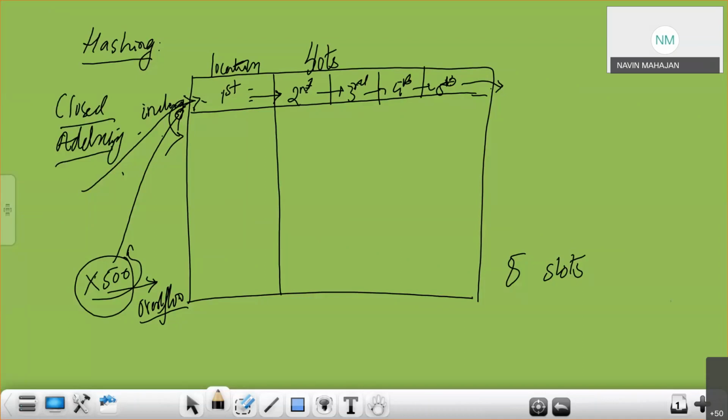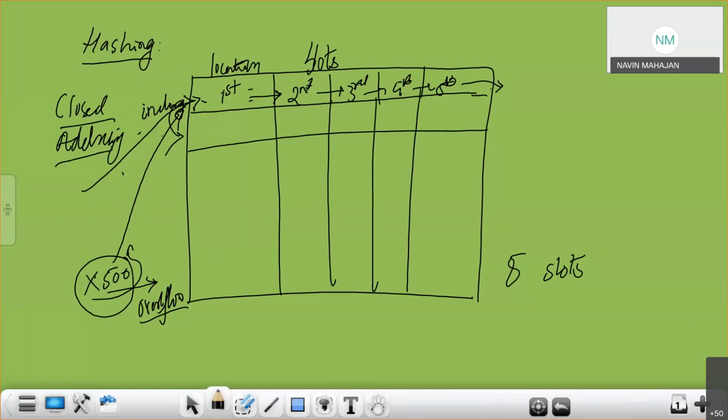If there are free slots, suppose I take one more example. Some number is stored here, the second number, and there is a number which generates the same location. This second number is stored here, and the next number, say 5000, has the same location. It can be stored with chaining. Now there is a collision, but there is no overflow, because we still have some slots free in the bucket.